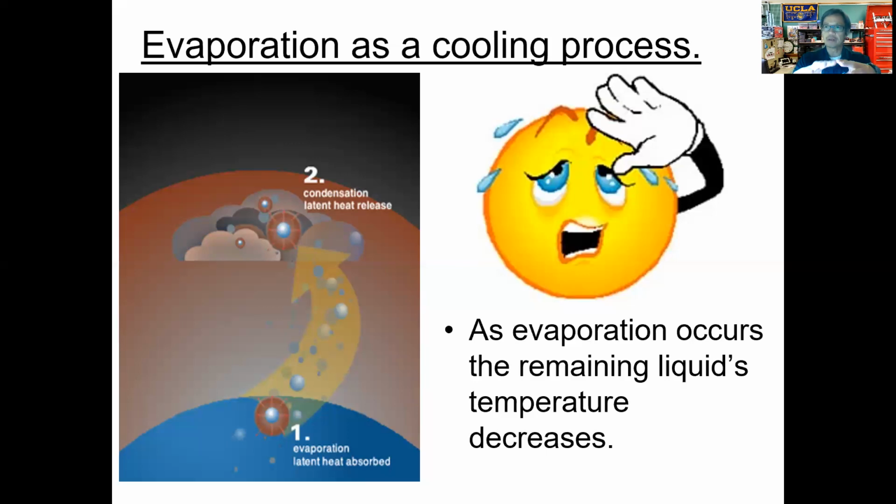With evaporation, the liquid particles vaporize at the surface of the liquid itself. At the surface, you have liquid particles that are moving around. They have attractions for one another, but for the particles at the surface, there are no liquid particles above them to hold them down. They have attractions to particles on their sides and to particles below them, but there's nothing above them. Everything else below the surface has another particle above that holds it in place, but not at the surface.